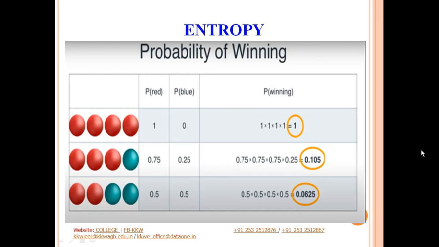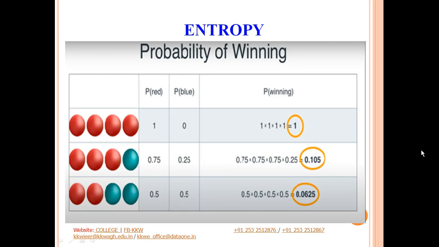Okay, now here you are using multiplication. Whenever we come across products, nobody likes to make use of products, especially when you are dealing with numbers in the range of 0 to 1. In this case we are having 4 balls or 4 inputs. Imagine a scenario wherein you have hundreds and thousands of inputs, and then calculating a product of the outcome would give you a very tiny value.